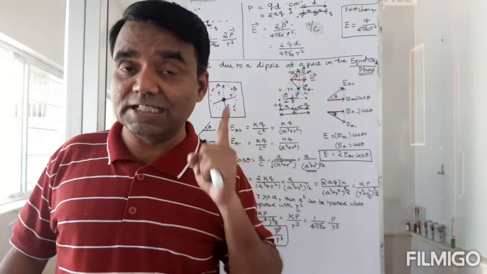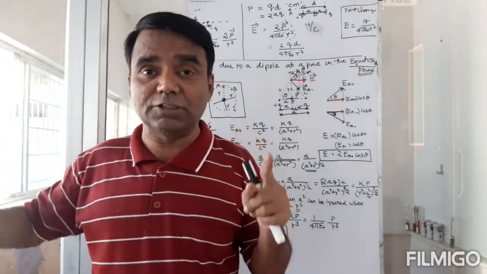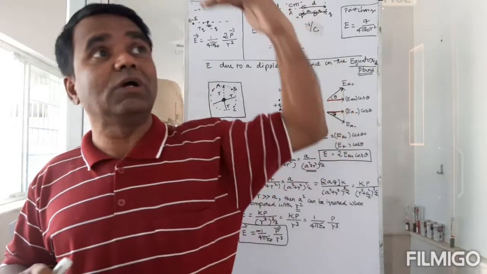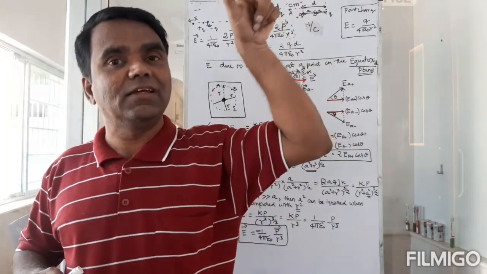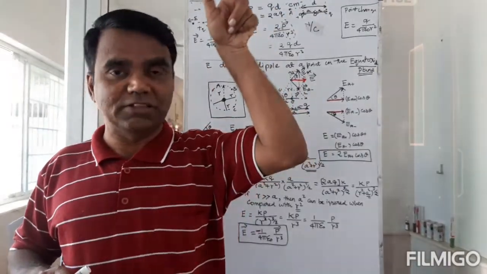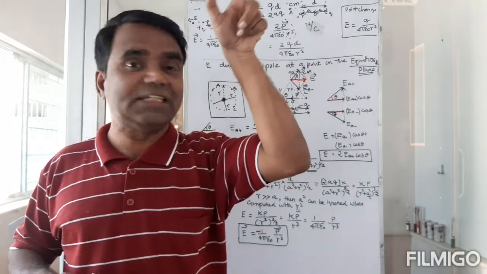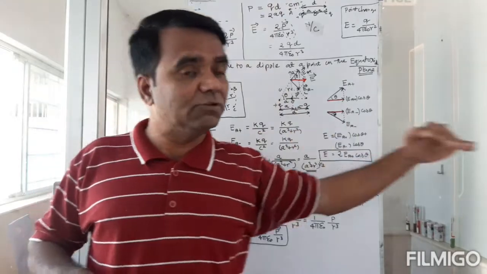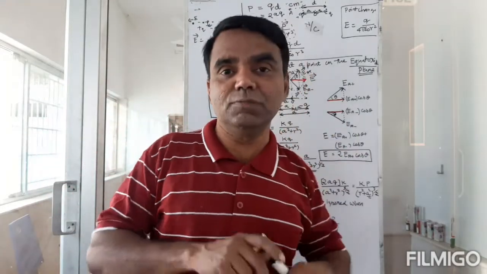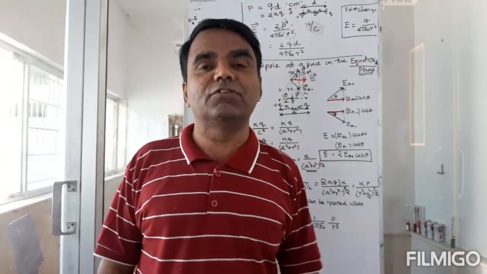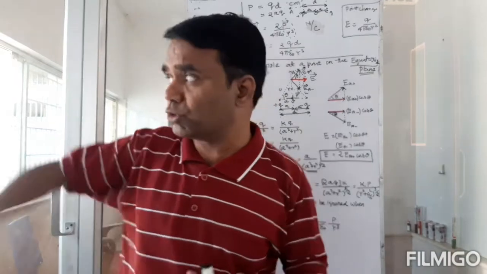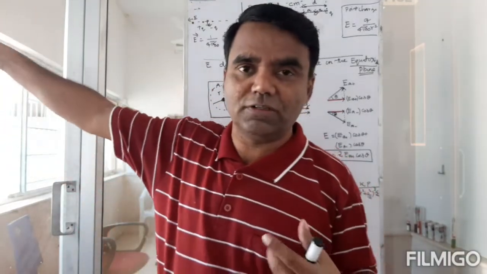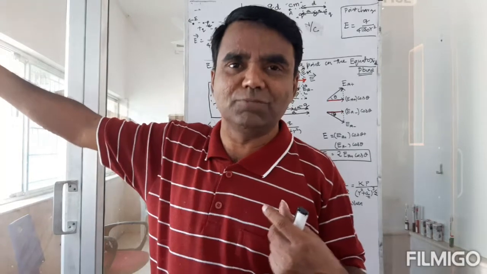Unit doesn't change, and keep that in mind. Even though it falls by 1 by r cube, the unit does not change because you already have a quantity a or d in the numerator. But that's a constant, that doesn't change with distance. So the unit does not change, but the value changes much more quickly as you go farther from the dipole. And if you go too far,